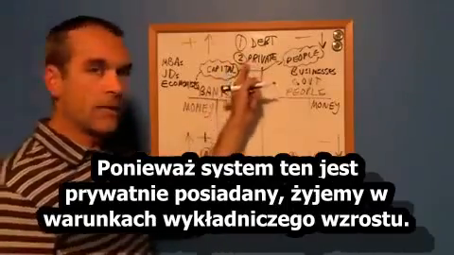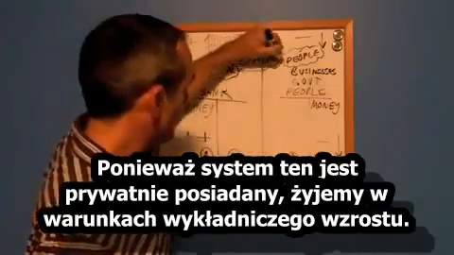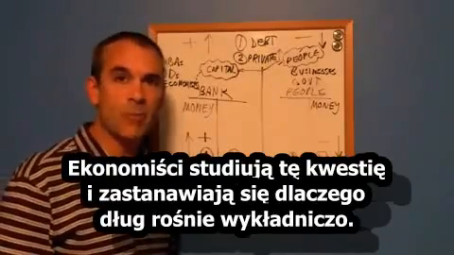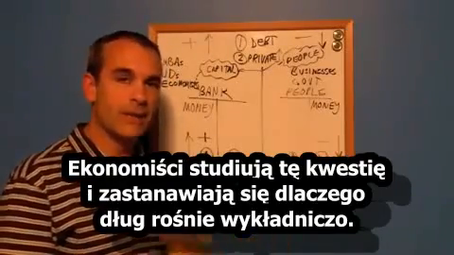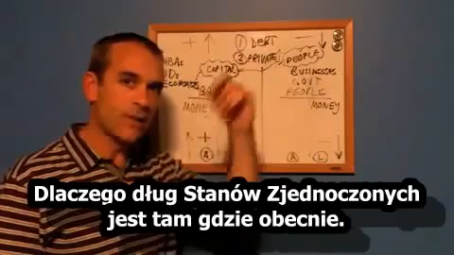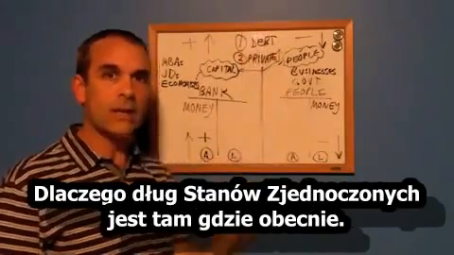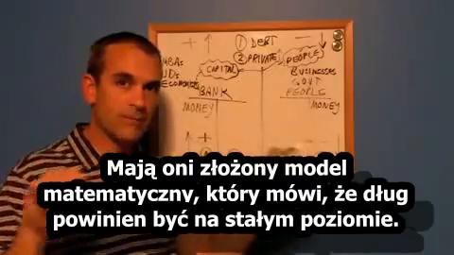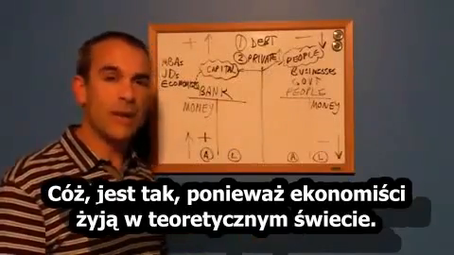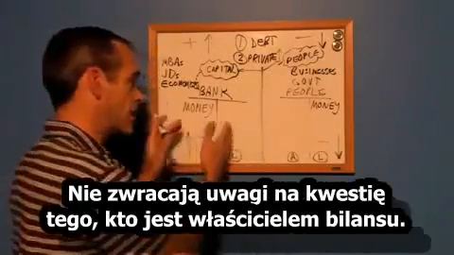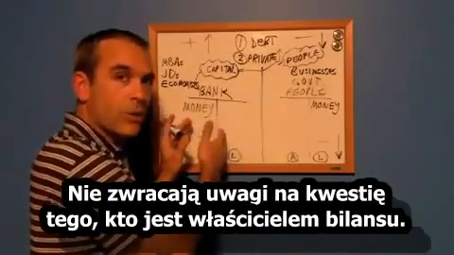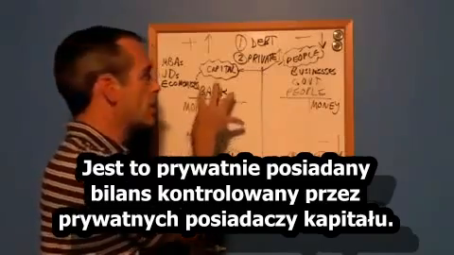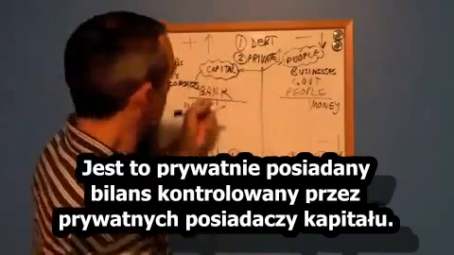Now, because it's privately held, this also means that we're living in exponential growth. Economists will study this issue and wonder why the debt grows exponentially, why the United States government debt is where it is today. Because they have complex mathematical models that say that debt should be able to be steady state. Well, again, that's because economists live in the theoretical world. They aren't looking at the issue of who owns the balance sheet, who controls the monetary system. It sits on privately held balance sheets controlled by private capital holders, which means